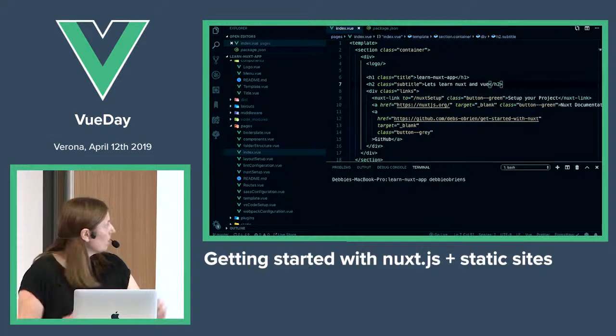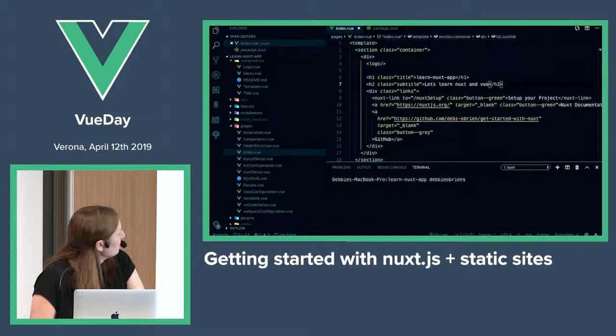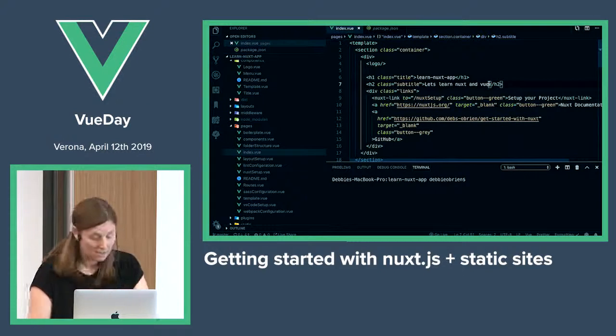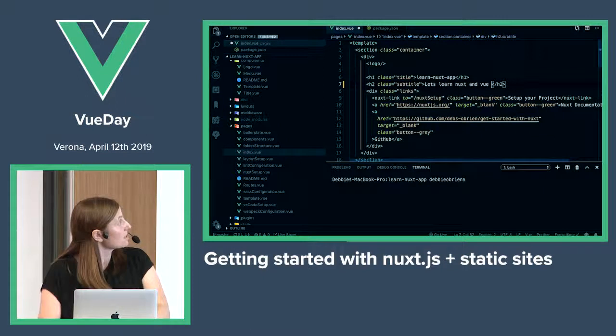Okay, we're seeing it. So this is just a simple page. Now I've got to find my mouse down here. Okay, so this is just a simple app I created to help my team learn Nuxt and Vue. And I'm just going to change something very simple. I'm going to say, let's learn Nuxt and Vue